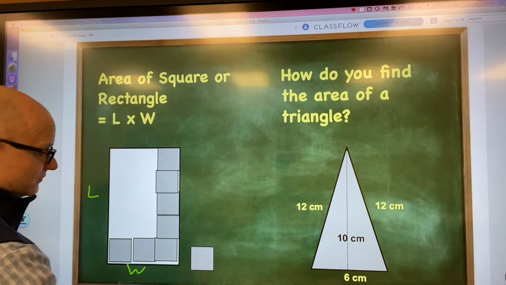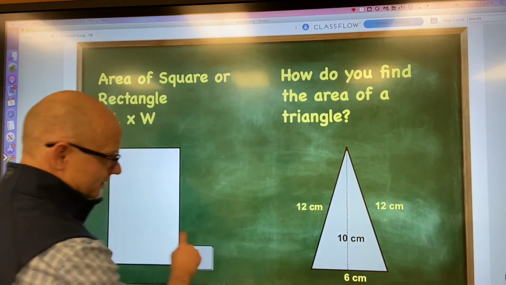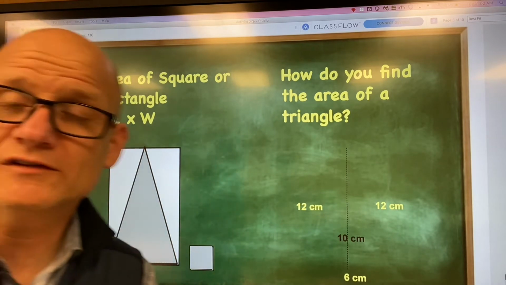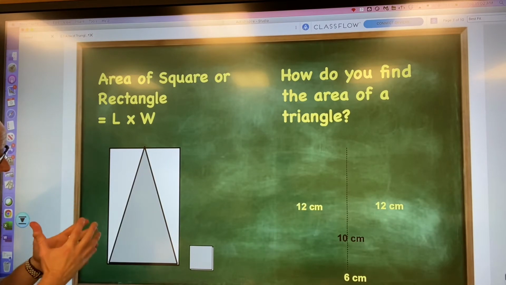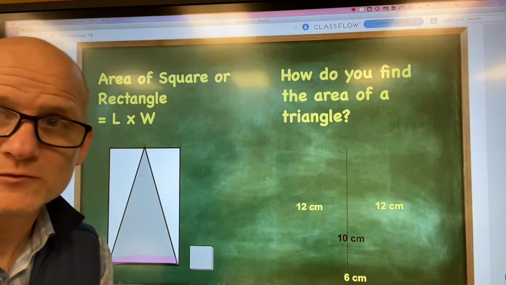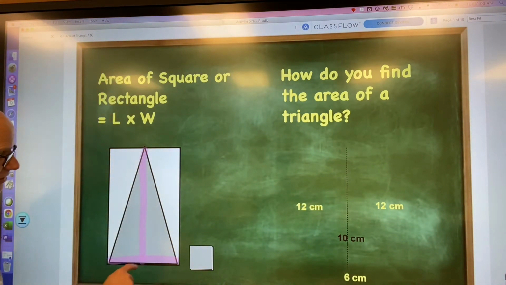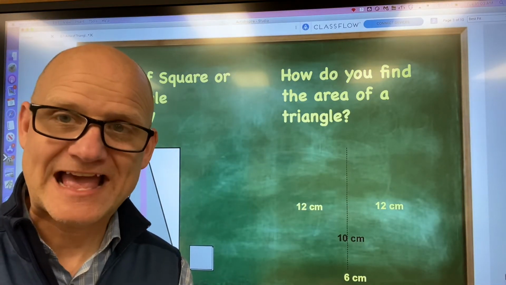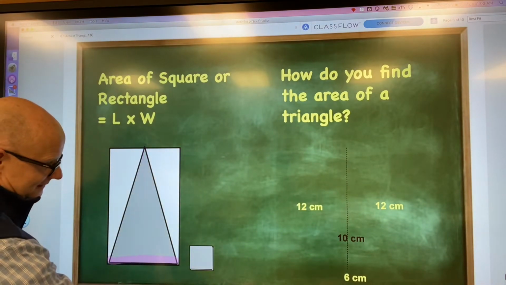If you want to find the area of a triangle, though, it's a little different. Well, a triangle is exactly half of any rectangle, square, or even a parallelogram. It's exactly half. So if I want to find the area of a triangle, yes, I need this, which you can call its width or base, and I need this, you can call that its length or height, and then you just have to halve it,